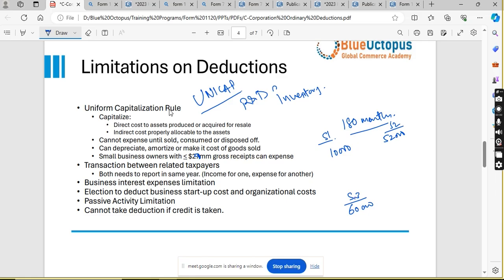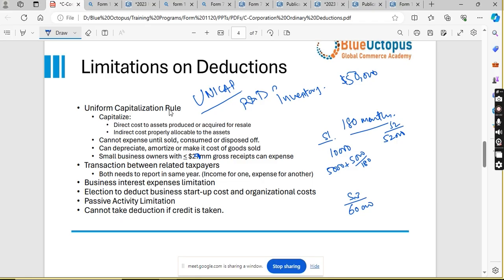Now how to take the amortization? The threshold limit for startup cost and organizational cost is $50,000. So if the expense is below $50,000, then you don't have to worry about that. You can simply take $5,000 out of this in the first month, and the remaining 5,000 you can divide by 180 straight away,